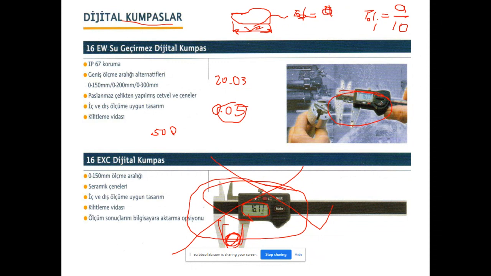If the tolerance of this feature is A millimeters, then A divided by 10 gives the manufacturing tolerance for the inspection instrument. In the market, try to find a vernier caliper, for instance, whose manufacturing tolerance is equal to that much at maximum. Then that instrument can be used to measure the size of the feature. This is sure to be an exam question, at the latest in the final exam.